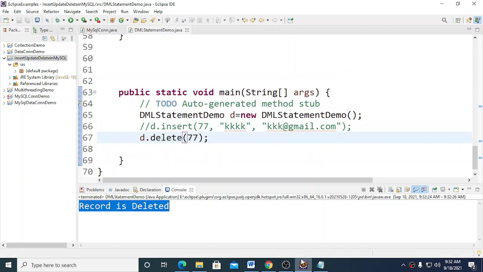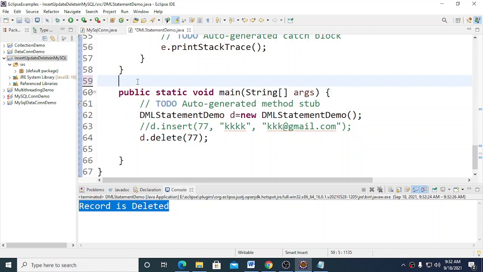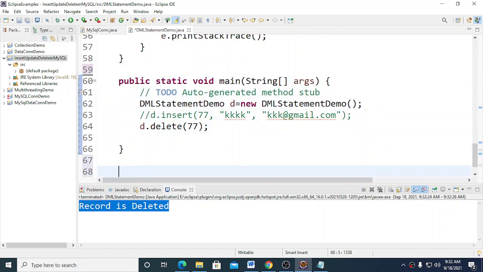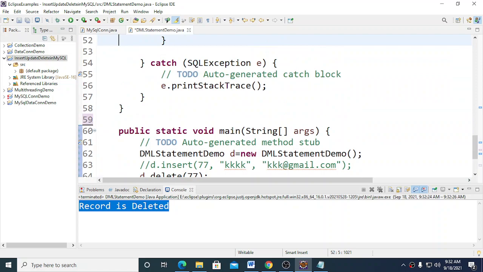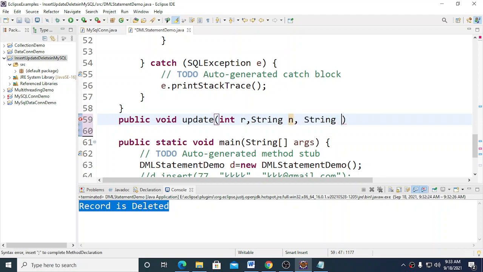Now we'll move towards how we can perform the update operation on the database. Similar to this delete function, I'm going to write one more function, here for updating the record. So update, and to this function I'm going to pass the roll number, name and email.